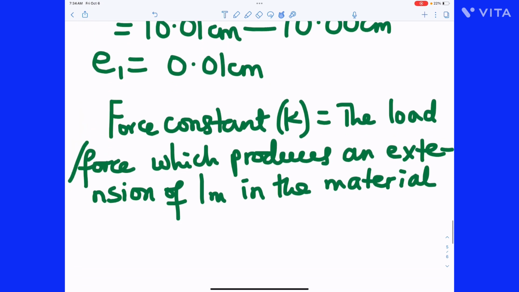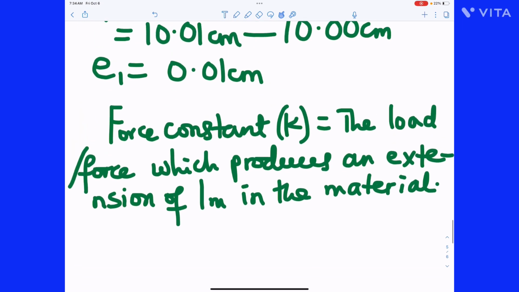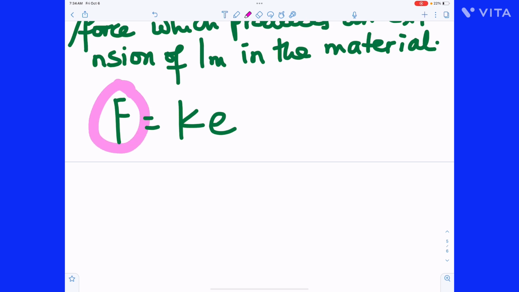The English is not a problem. Just get the concept right. So here now we are using F is equal to KE. In any elastic material, every force and the extension produced by that force are related by the equation F is equal to KE. So in this question now, 20 newtons